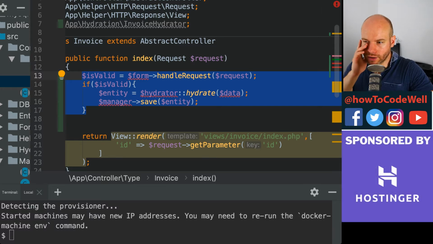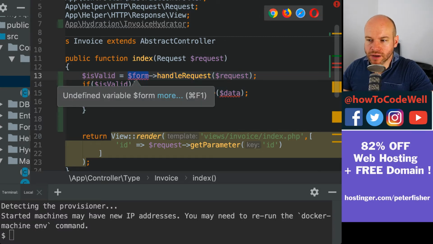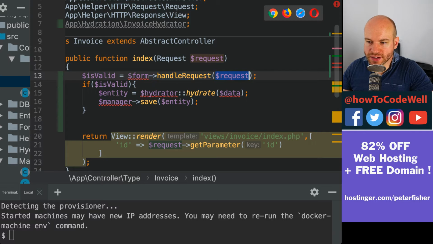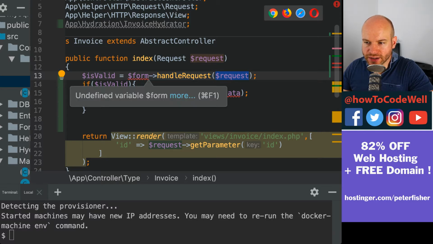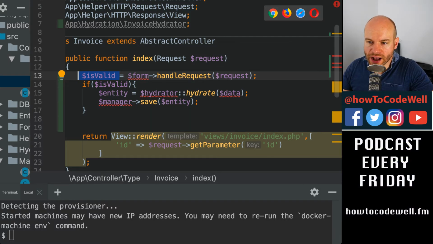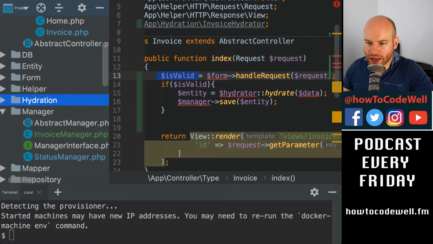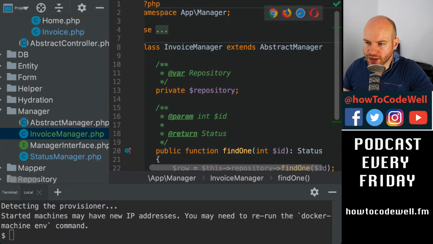And I think, doing it like this, you get a sense of what the dependencies are, how the things are going to hang. I'm obviously going to need some way of having a form element, a form class that can take a request, and then off of the back of that do some validation. I'm going to need some way of injecting the manager into here, and we haven't even spoken yet about how the manager, how these things can actually